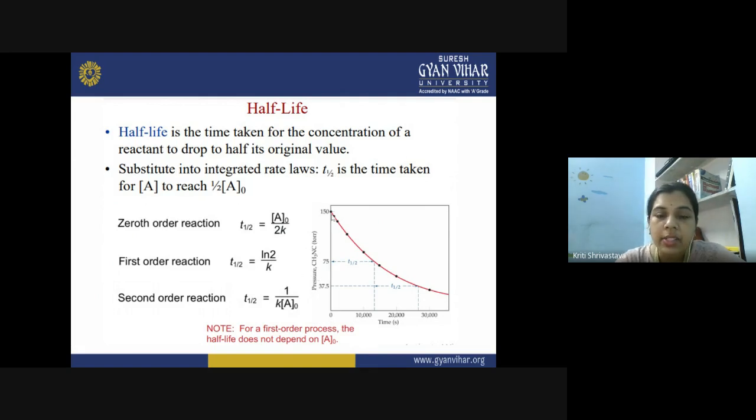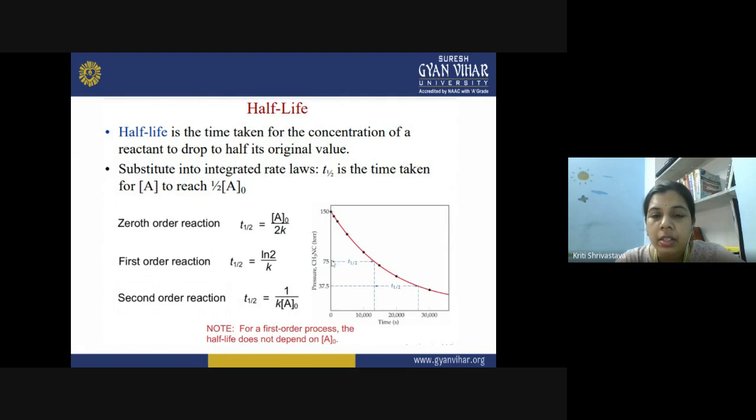So this represents a progressive decrease in the concentration of the gas along with the time. And if you carefully look at this point, from 150 torr, the pressure becomes 75 torr, so it becomes half of the initial value, and the time required will be what? It is the first half life, right?